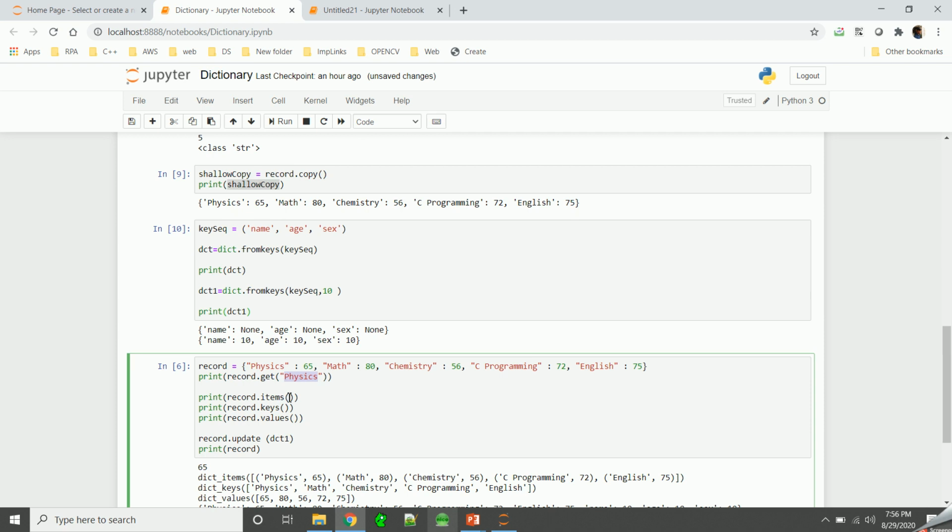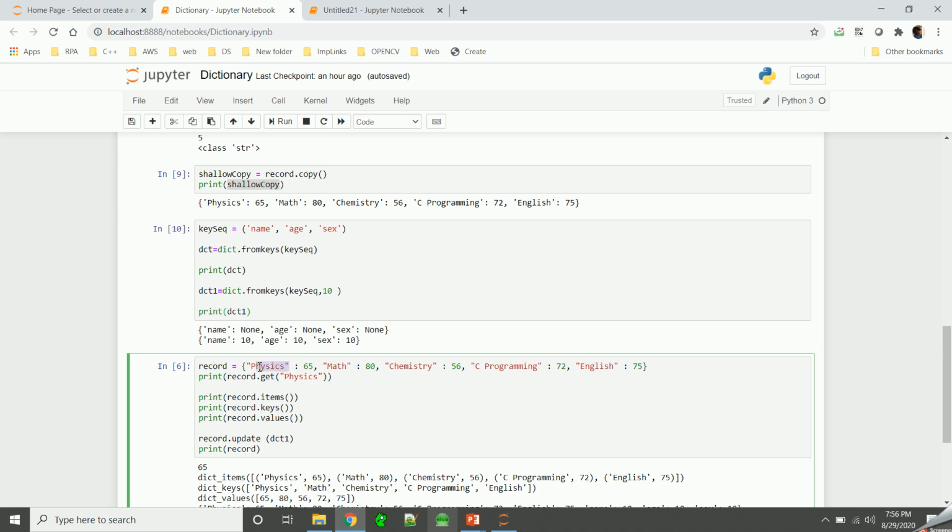Okay. Another thing is items, so this function will give you all the entries that are there in the dictionary. Basically this is one entry, this is another entry, and this is another entry. So this will give you all the items inside a dictionary. And this keys function will give you all the keys that are in the dictionary.